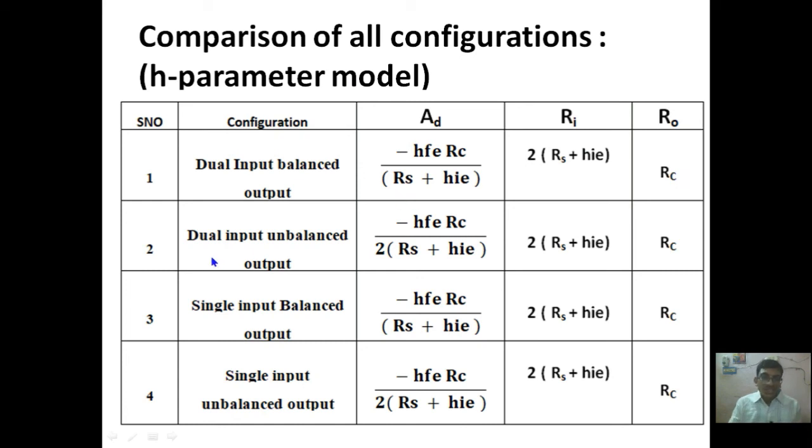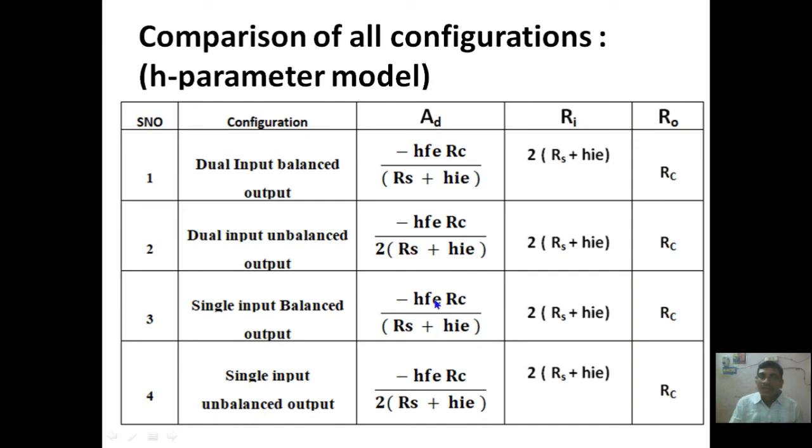Okay, for dual input unbalanced output configuration. So up to now we have discussed first this thing only. After that we have multiplied it with 2 in order to get the balanced output. Okay, so for the dual input unbalanced output configuration, the differential gain AD is equal to minus hfe RC by 2 into RS plus hie, and Ri is the same 2 into RS plus hie, and R naught is equal to RC. For the single input balanced output configuration, minus hfe RC by RS plus hie, which is the same as